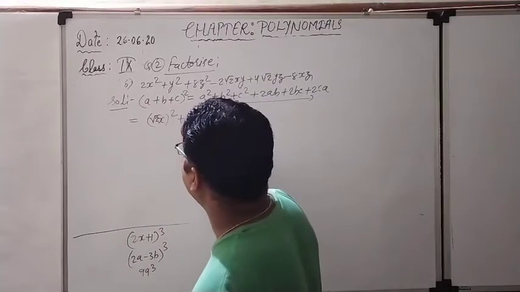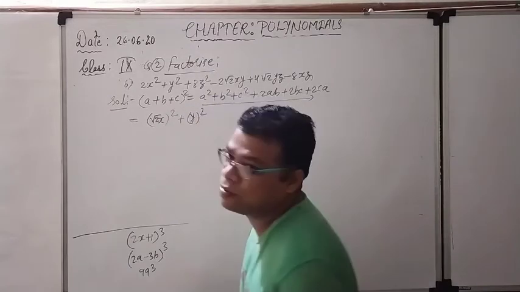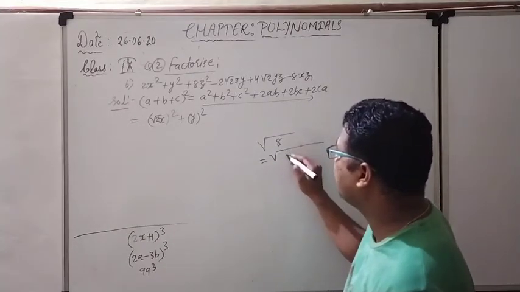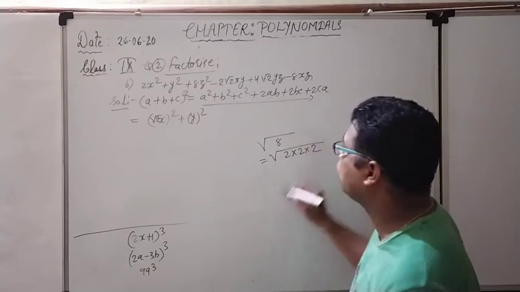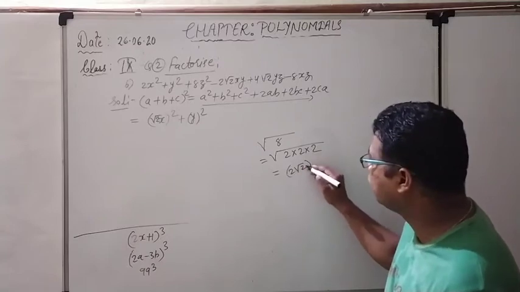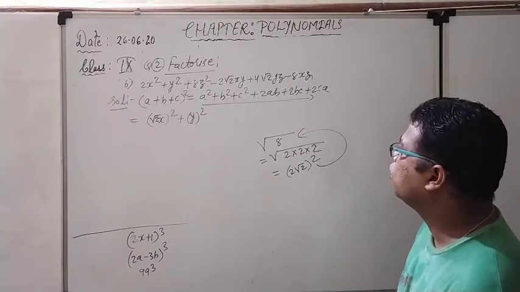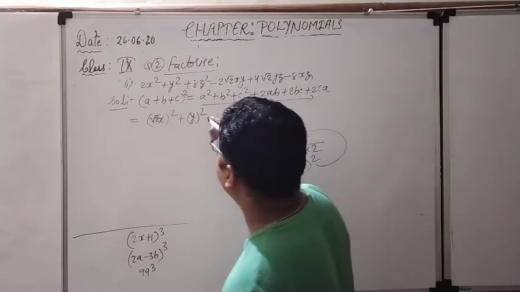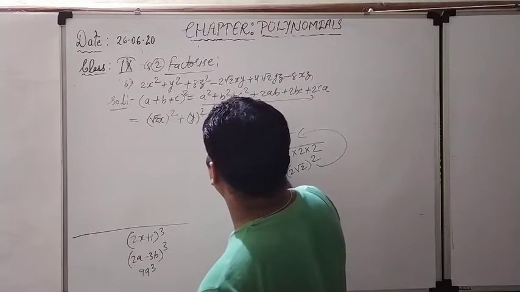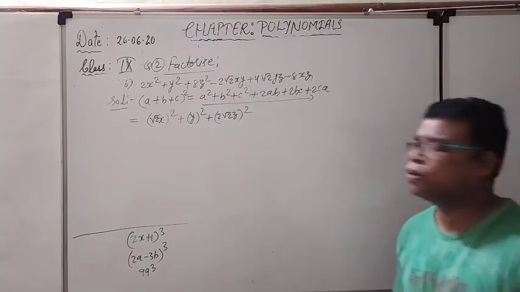Right now, plus y square can be directly written as plus y square. Plus 8z square. So what is 8? If you factorize 8, you get 2 into 2 into 2. The final answer you get is 2 root 2. If you find (2 root 2) square, it will give you 8. So that 8 can be written as 2 root 2 square, and z is again z square. I think it is okay for you to understand. Yes, a little hard question, but no problem.